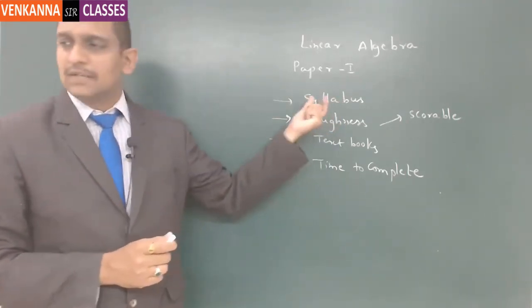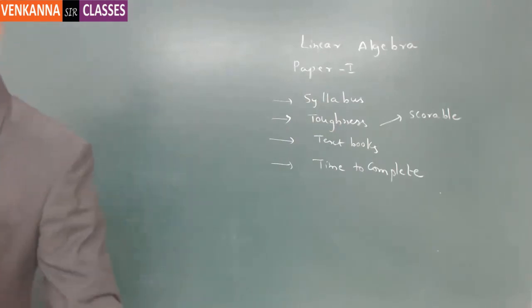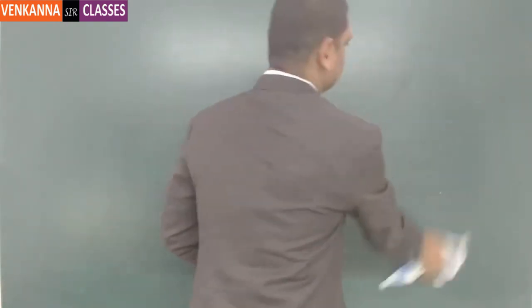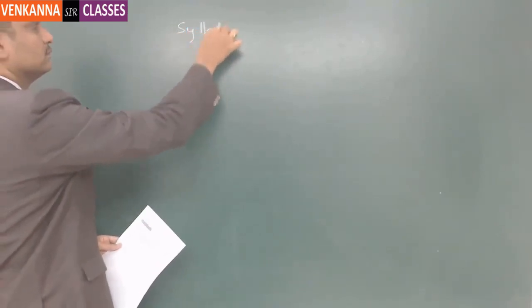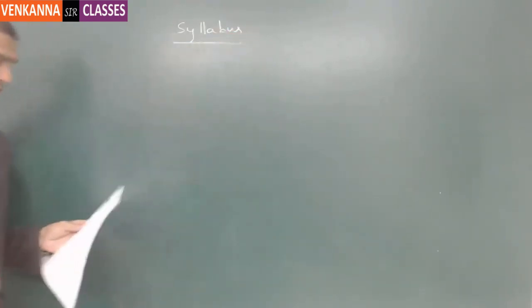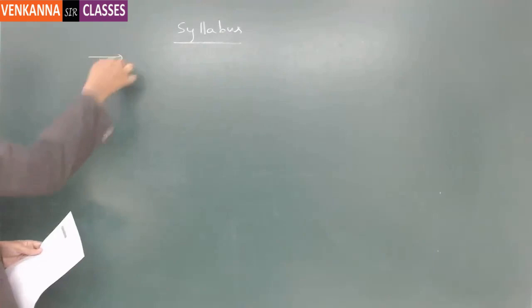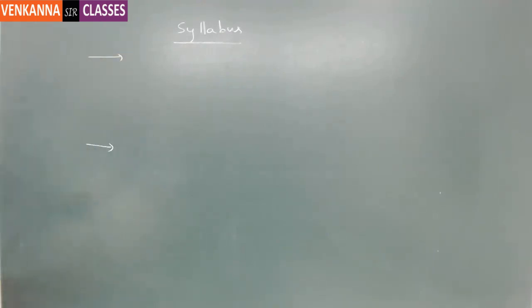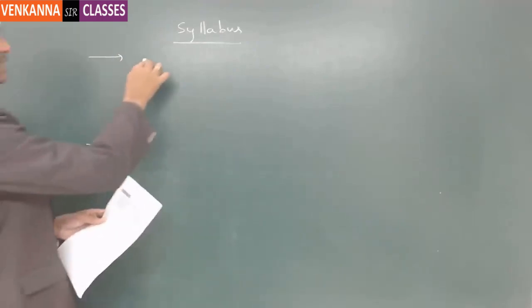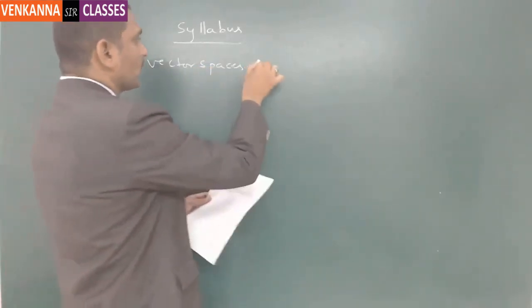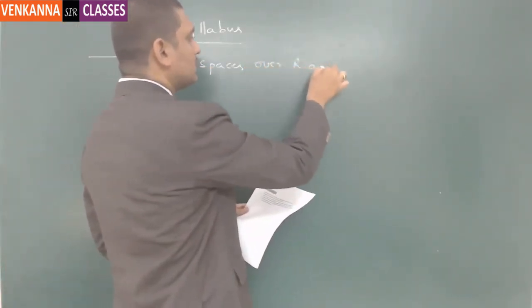So let me read the syllabus first. Then we'll begin the session. So please take a note of the syllabus. The total syllabus will be mainly bifurcated into two parts, part 1 and part 2. Part 1 contains the concepts of vector spaces over R and C,